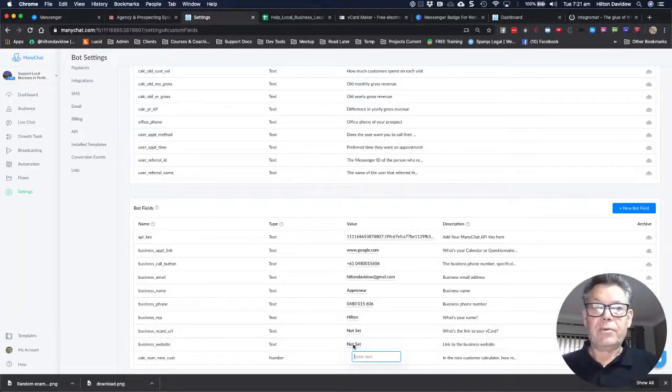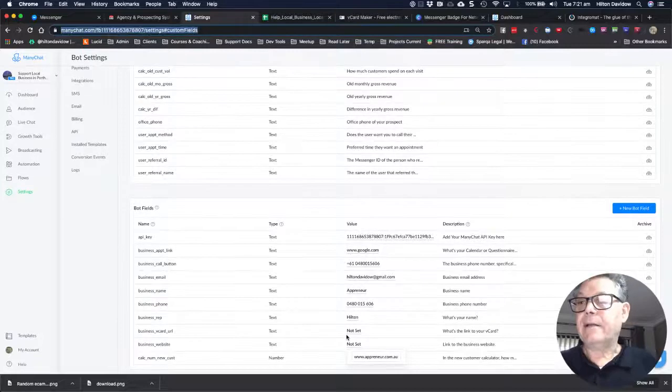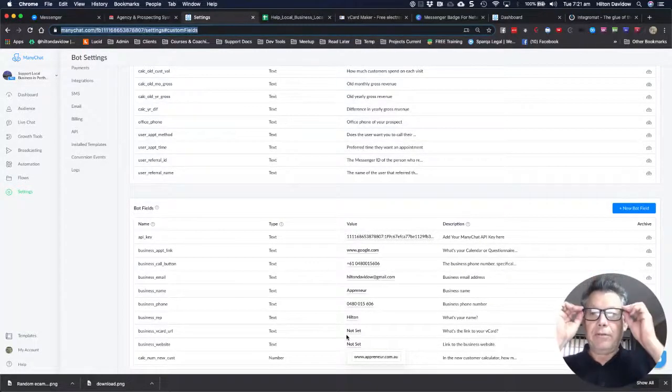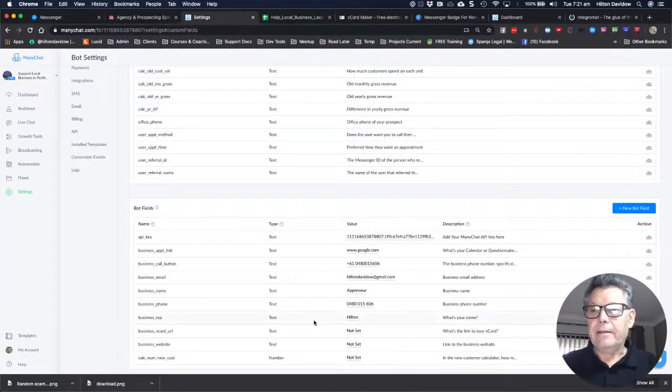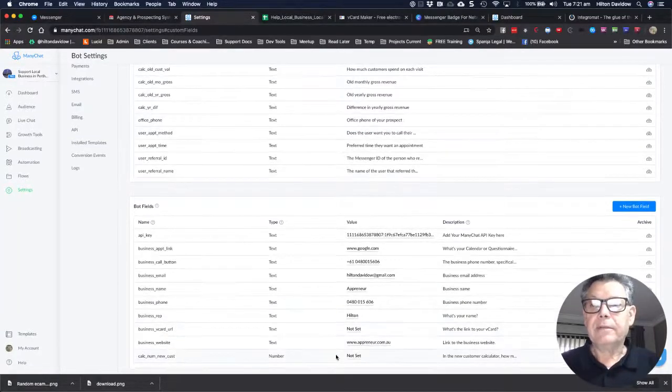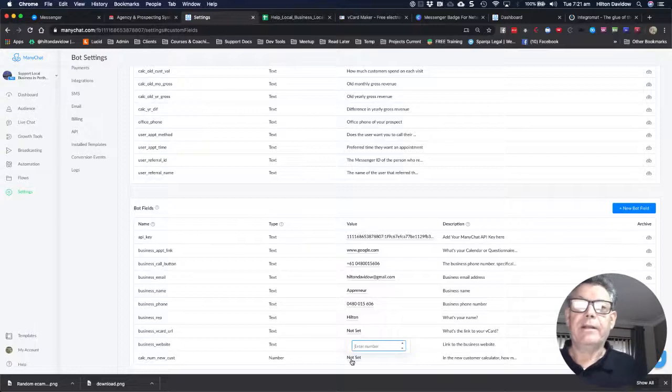Then the business website is www.appreneur.com.au. And I believe that's the end of the bot fields. So we will come back to, okay, we got another one here. Calc